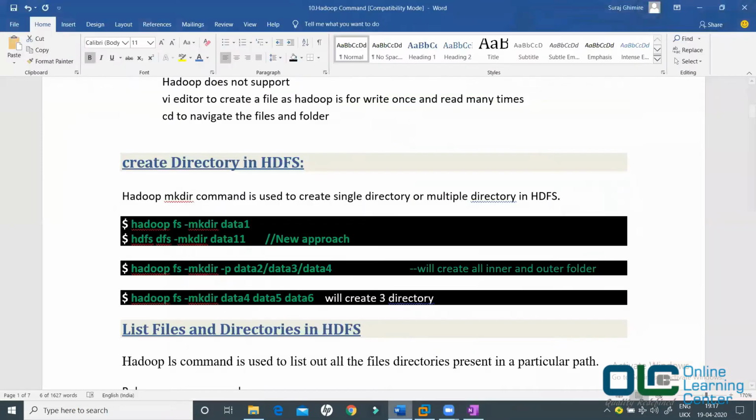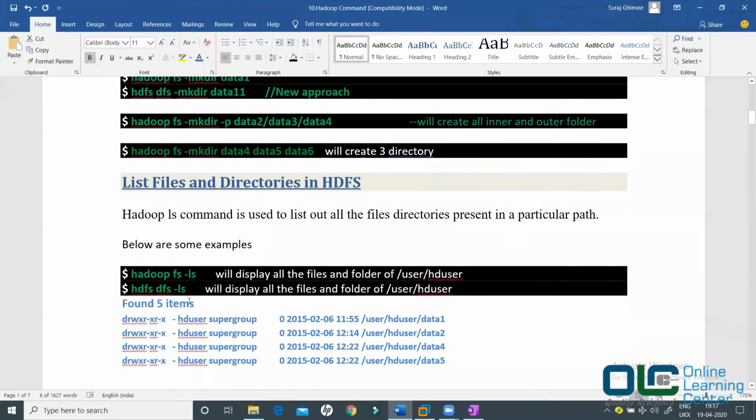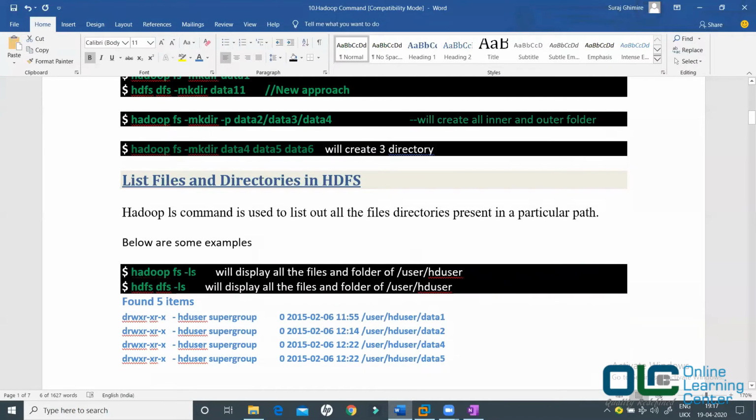So as we move on, this is how you can create the directory in your HDFS. But once you create the directory, you should also know whether the directory is there or not, right? So the command would be hadoop fs -ls. Again, as I said, this is the old approach. So instead of hadoop, you replace this with hdfs, and instead of fs, you say dfs. Both of these commands will do the same thing. Okay, now let me do that.